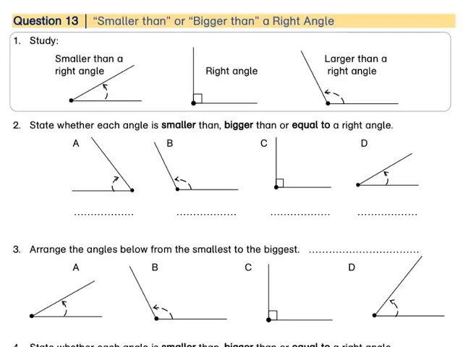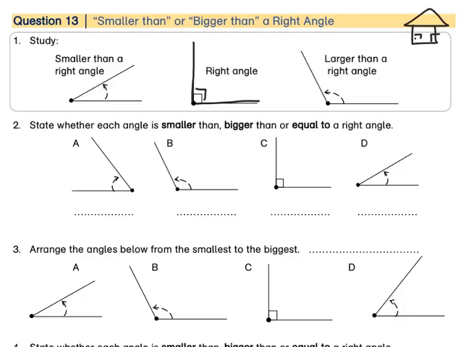Question 13. Smaller than or bigger than a right angle. Let's study. If we look at this angle in the middle, it is a perfect right angle. This arm stands directly upright on this arm and it forms a square corner. If we think of our house, this is how we want the walls in our house to look. They must be right angles. So if this is the floor and that is the wall, we want it to be nice and upright, forming